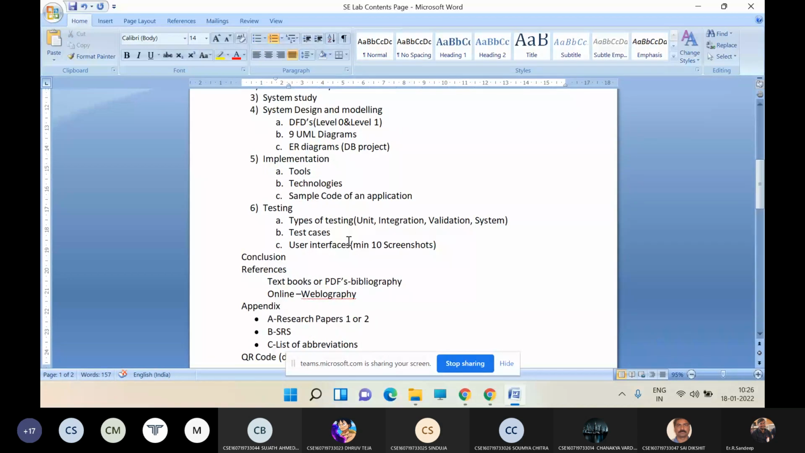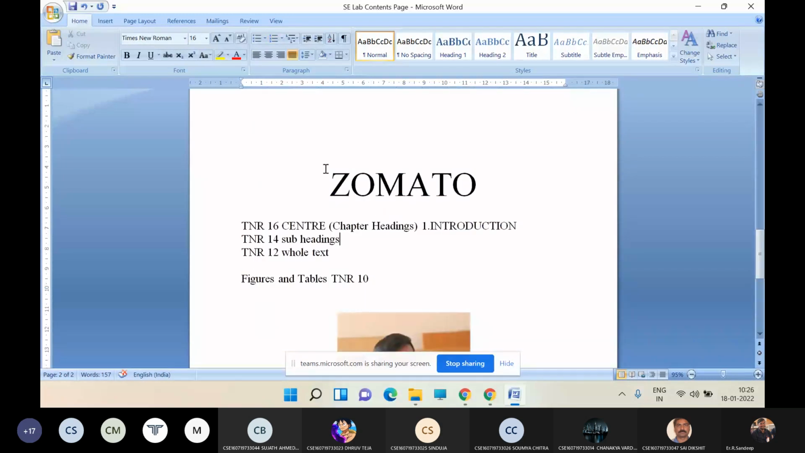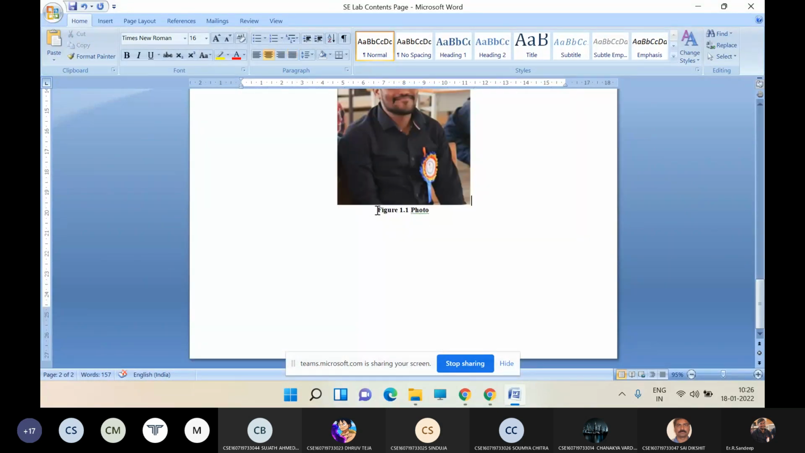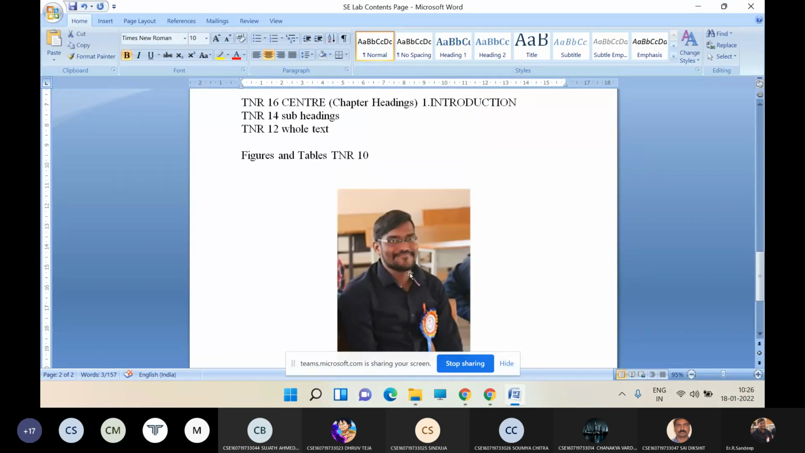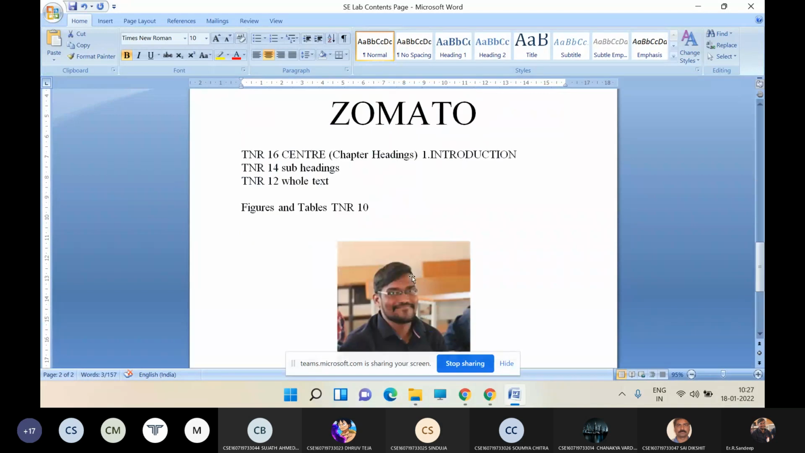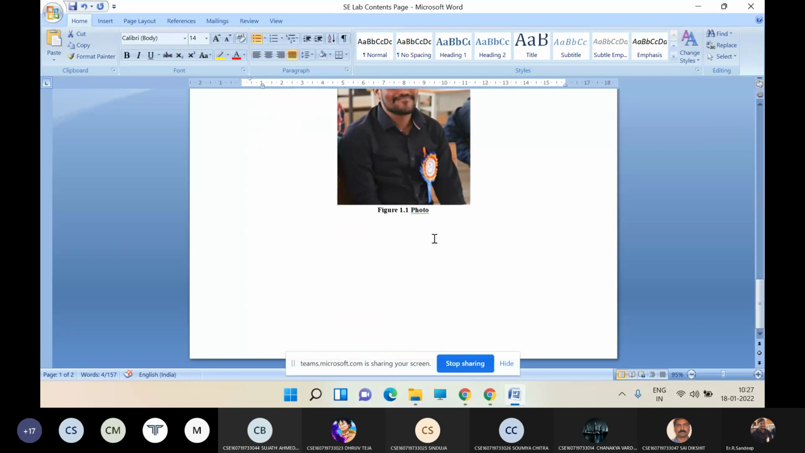In each and every chapter, these are the formatting rules which you need to follow till the end of the documentation. And this one is the figure which you are going to take, and you are going to write the figure name and number. This figure 1.1 you will keep like this. So as I mentioned, list of figures and list of tables, right? So what you will do here is,